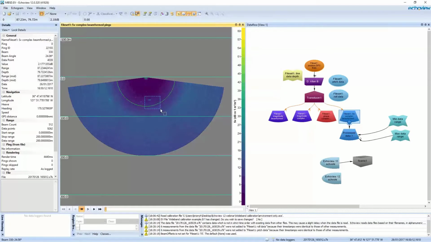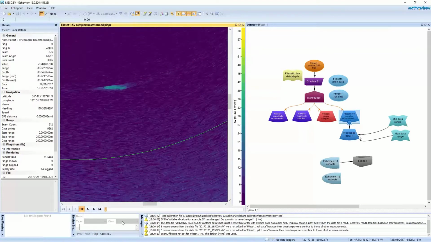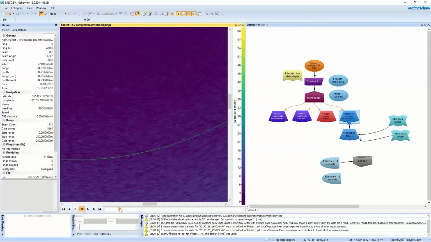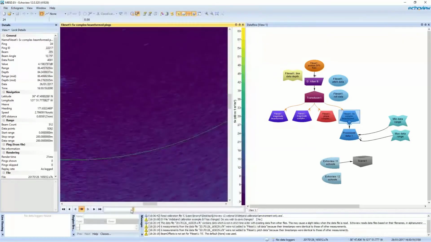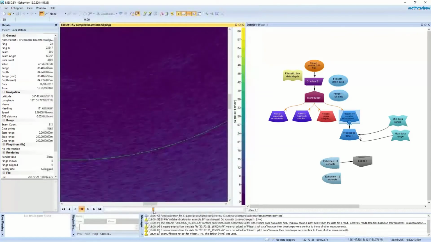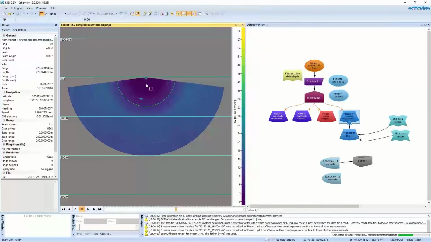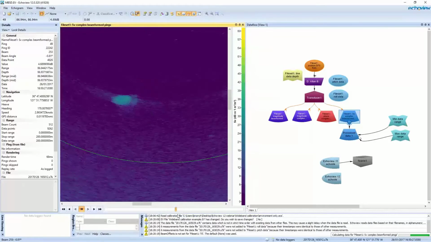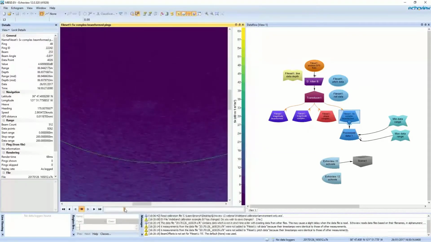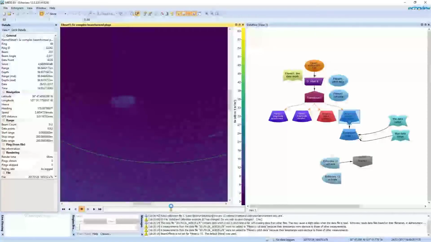And if we zoom in, we can see there's some strong backscatter at about 57 meters range. And if I scroll through the pings, you can see that a few school objects come and go. A few areas of high backscatter come and go. So there's a really clear, solid aggregation of something in the water here, which looks to be a really great candidate for school detection in multibeam data.